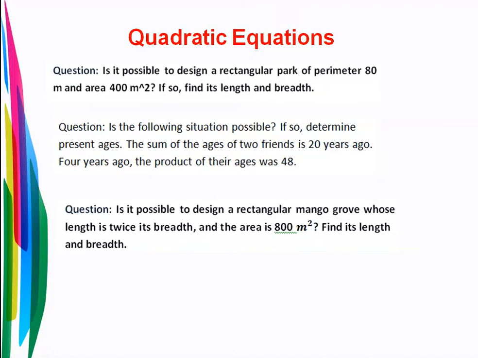We will form the equation. If the discriminant of this equation is greater than 0 or equal to 0, then we will say that this type of design or this situation is possible. But before taking a question, one should also understand that if D is less than 0, then we will say that that type of design or situation is not possible. So ultimately we should understand the nature of roots. Using the nature of roots I will be able to solve these types of questions.